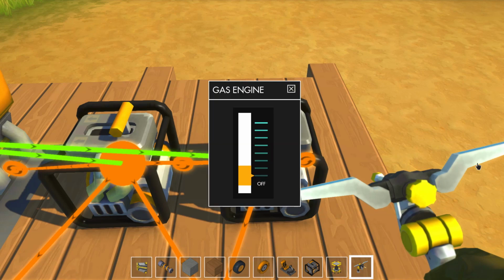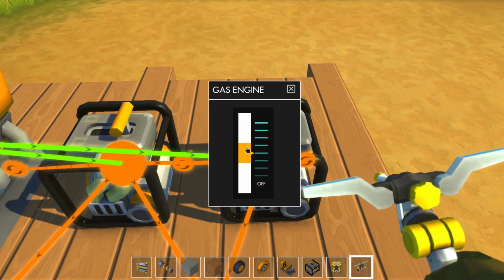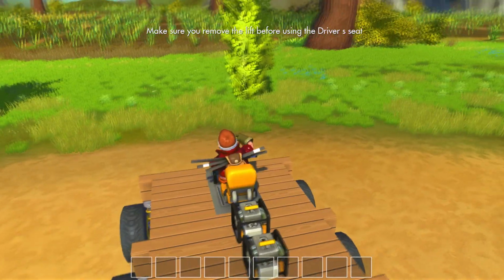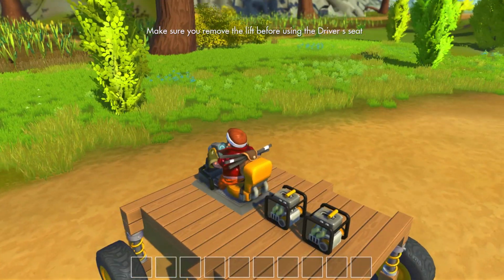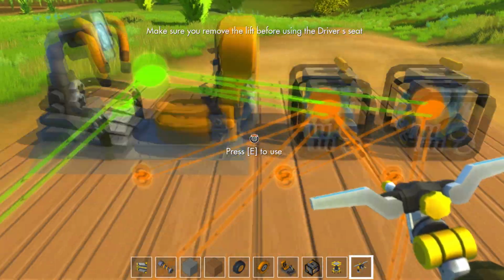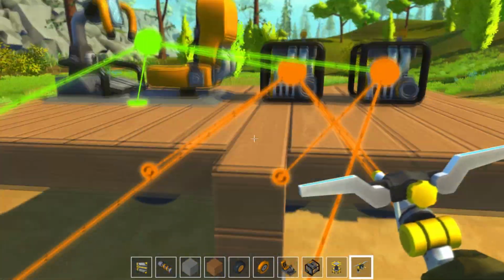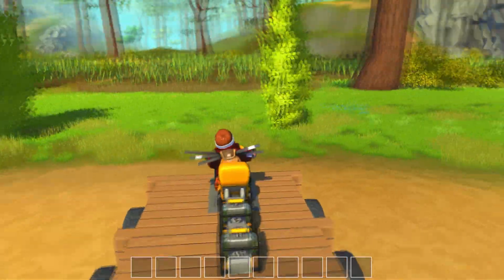And now I'm not totally sure, but I think if I'm correct, this vehicle should be ready to go. Full 6x6, so let's try it out. Make sure you remove the lift. Oh, right, make sure you remove the lift. Terrific idea. So we're gonna come underneath, remove that lift, jump right back up, take a seat, pop a squat,